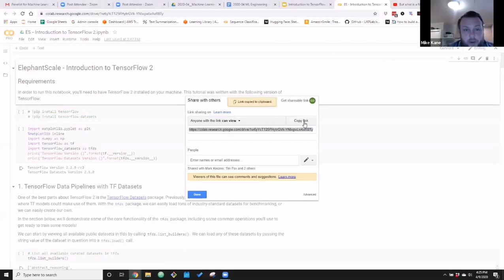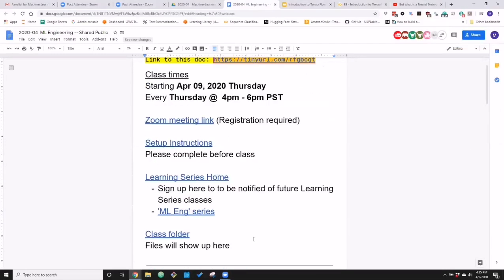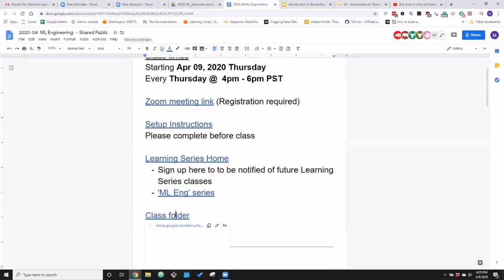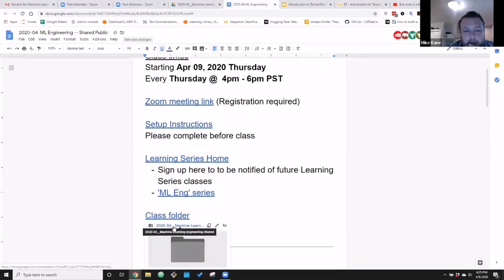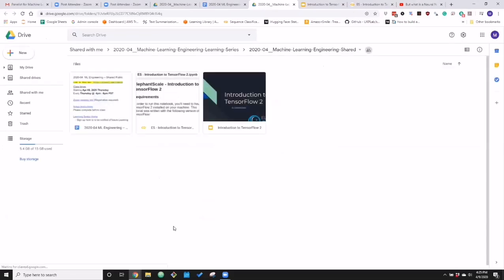Okay, so I'm going to do this a couple ways. I will drop this in the webinar chat on Zoom. I'll add this to the link here. Apologies, I didn't realize I didn't add this down here. So right there on the first page, guys, you will see a class folder, right at the last link. Like right here. Highlighting. Yep. If you just go there, we click on the link. This has everything you guys need, including the presentation Mike is doing right now, and the Colab notebook. You simply click on the notebook, and then it'll open Colab. So is everybody kind of clear on how to get here, please?